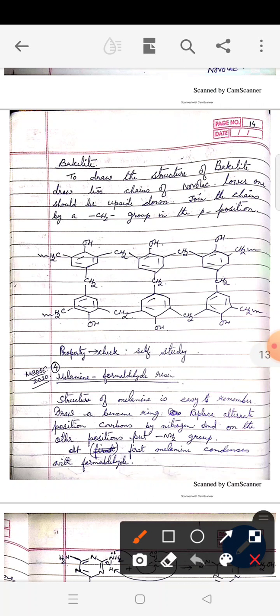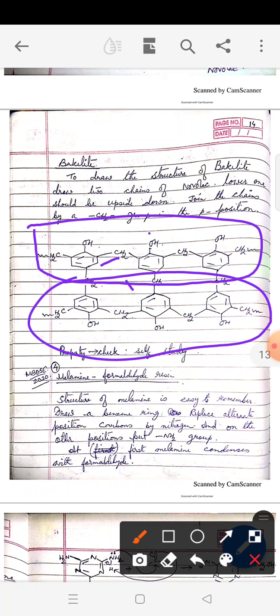So bakelite, when you look at the structure, initially we find it a little difficult to remember. But it's not so difficult. Only thing is you have to remember the structure of novolac. Now you see, this is one of the novolac units I have drawn. CH2 with the benzene ring OH, and then again CH2, then benzene ring OH, again CH2, benzene ring OH, and CH2, like this. Now to draw the bakelite structure, the other structure you draw is that of novolac only, but upside down.